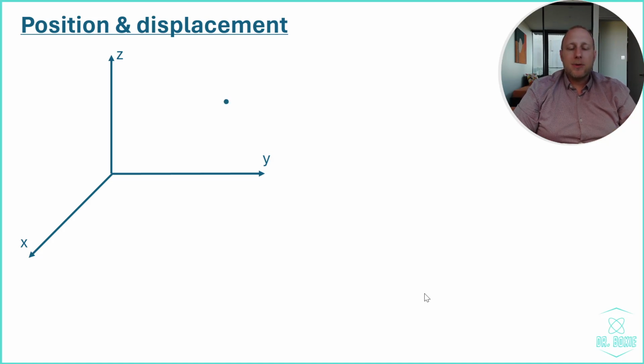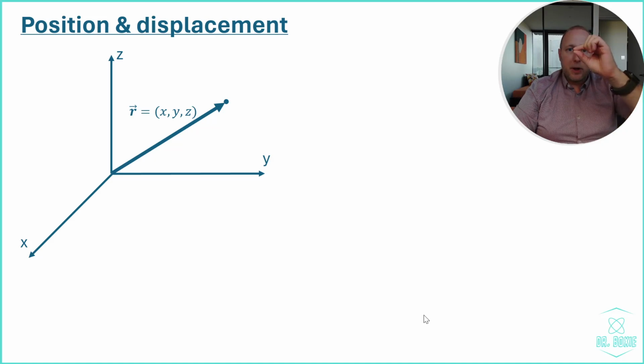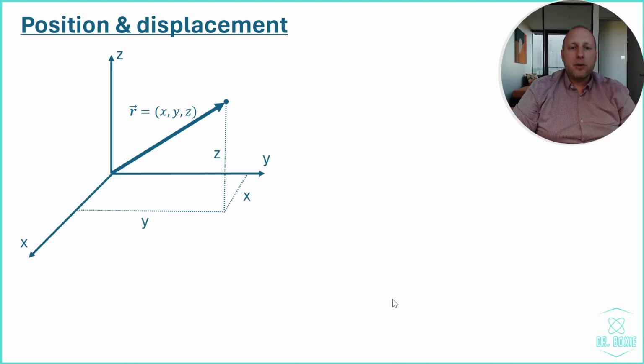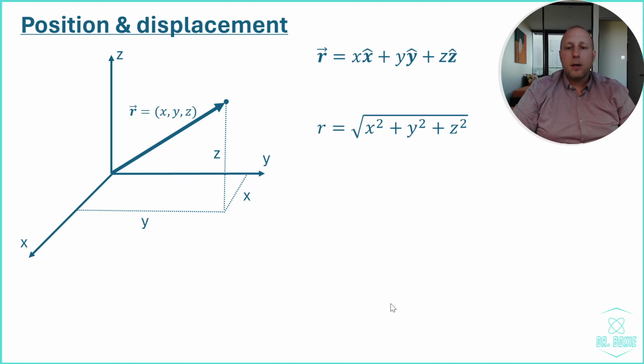The way to do that is to say, imagine the particle is at the point that I drew on the graph. What we want to have is a vector r which points from the origin to that point, meaning that if the particle moves around, the vector changes direction and potentially also length in order to keep on following the particle. The components of this vector r will be written as x, y, and z, and so the vector r can be written in terms of the unit vectors as x times x hat plus y times y hat plus z times z hat. The magnitude of r can be calculated using the Pythagorean theorem, and